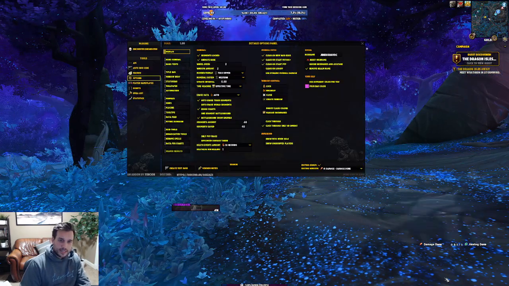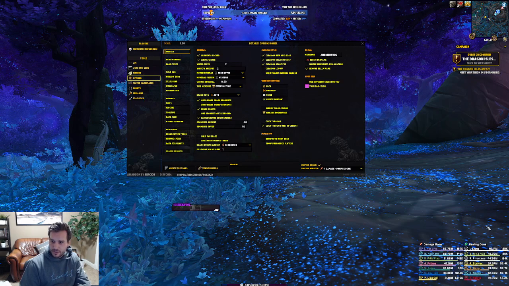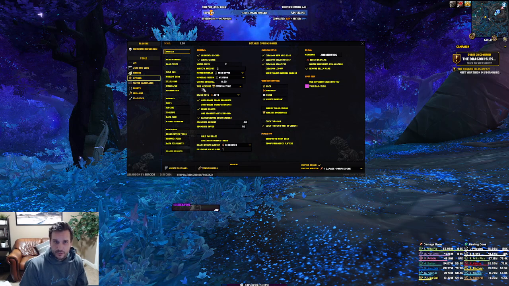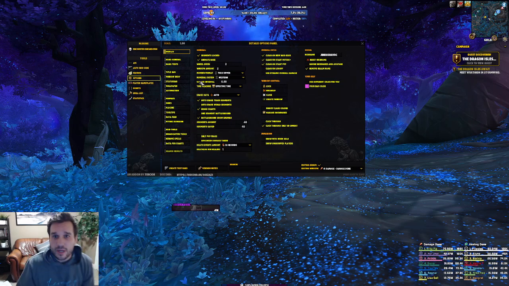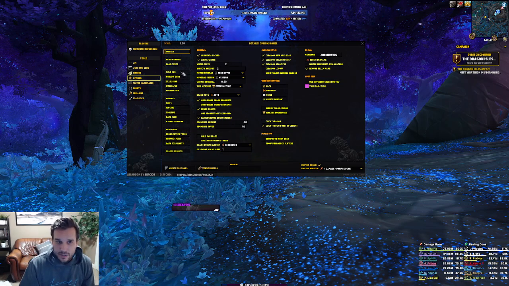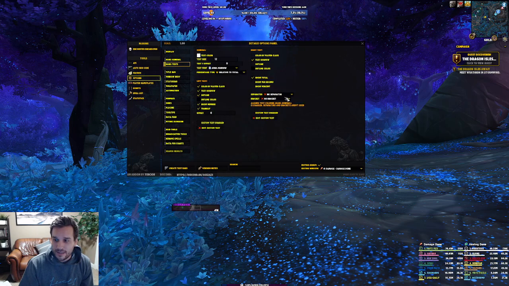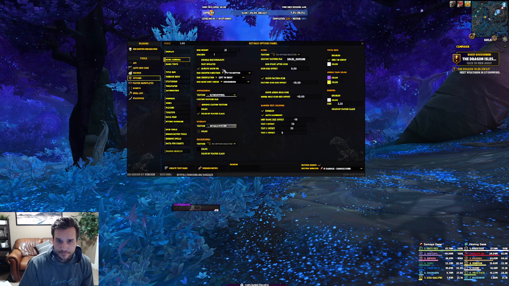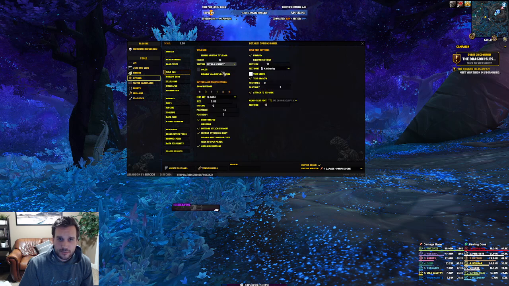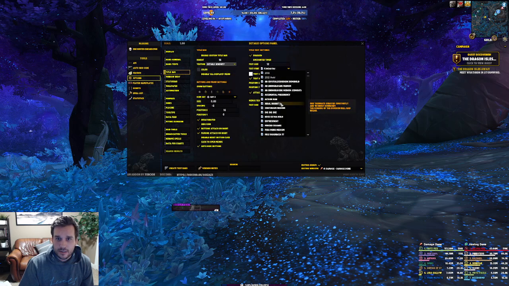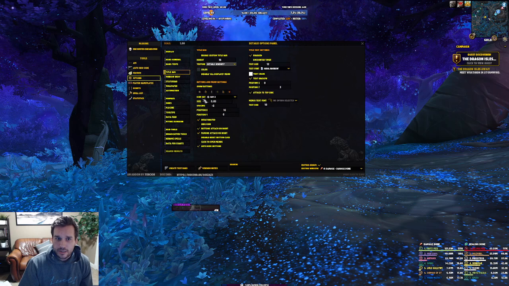We'll come back into Details, options, create test bars. You can get a quick look at what this will be like. Depending on scale and everything, I'll show you how you can make adjustments here. I'm sure a lot of people are familiar with Details too. But first thing I typically do, we'll go into the text and change it to what I want. Bars general, the title bar, narrow, and then